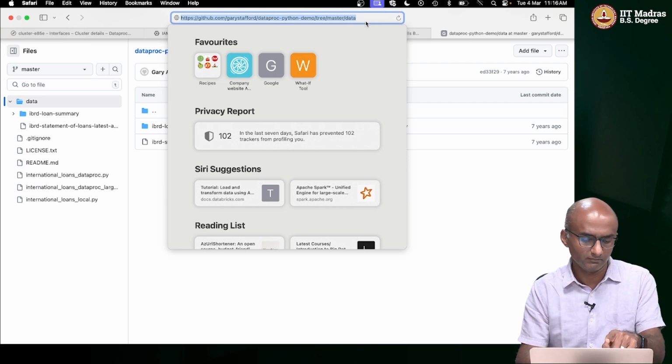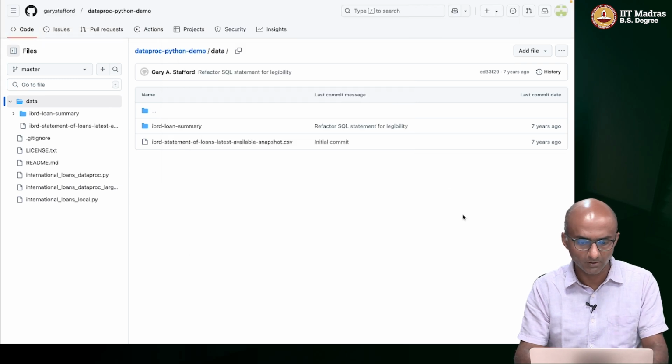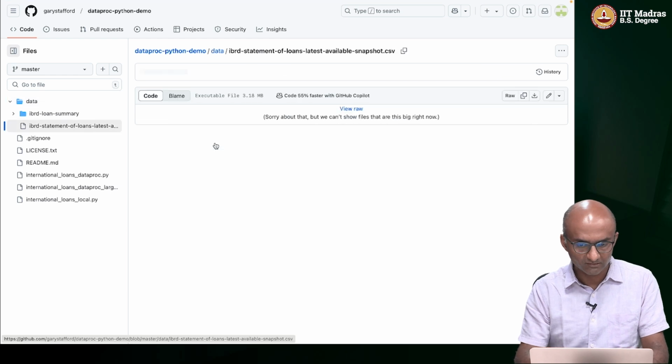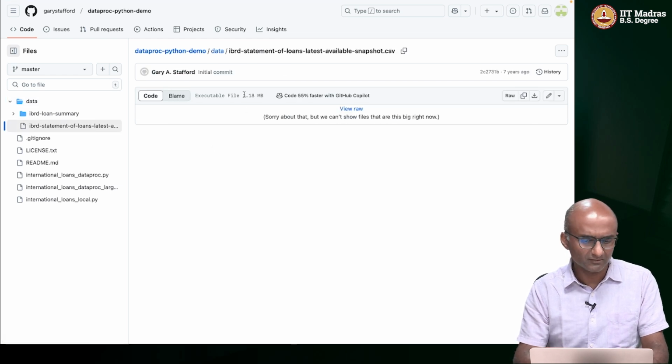So in this case, I'm going to refer to data sets which are stored here in this GitHub repo. Specifically, there is only one CSV file that's of interest for me, and that's this one here. It's got about 3+ MB of data. So what I do is I want to make sure that I'm not downloading it here locally. The reason being,